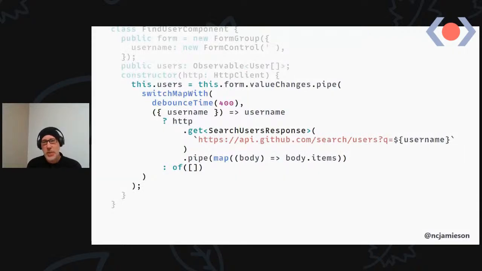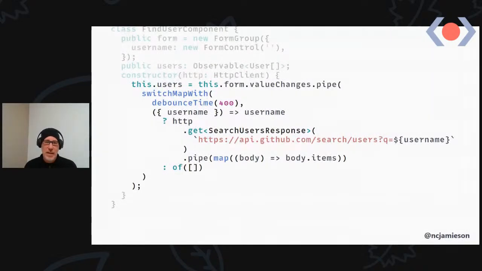Now, the reason I'm doing this is because when we have a look at the implementation of switch map with, you'll see that there's a bit of composition that goes on inside. So that's the primary difference between using debounce time followed by switch map with. The selector is going to be basically the same thing. It's going to hit the GitHub API. It hits the search endpoints. It gets the users that match the username or the portion of the username that's been typed in so far, and it displays the items beneath the input.